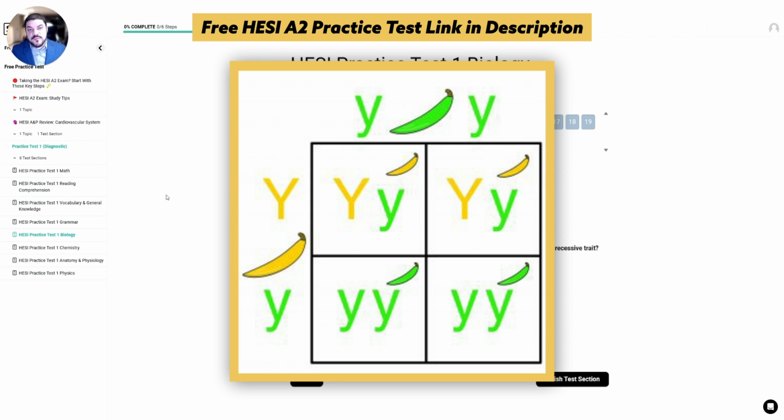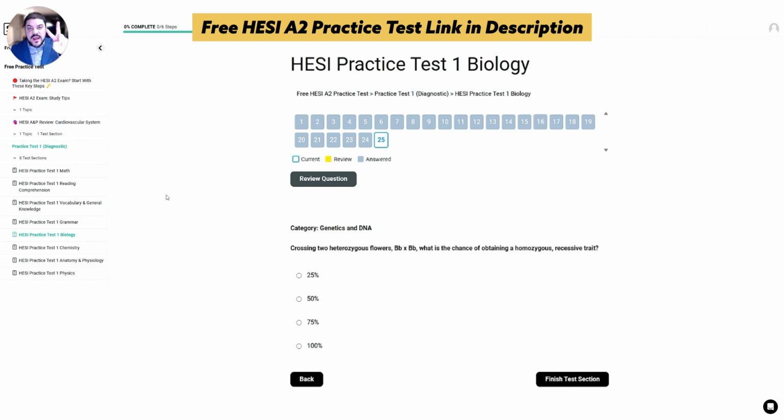to determine the probability of obtaining a homozygous recessive trait. Now, if you drew it out, you would have big B, little b, and then on the side, big B, little b, correct? Now, when you do that, you start filling the squares with the components of each edge. And when you see that, you realize that the Punnett square shows only one result of little b, little b. The homozygous recessive little b only occurs once in the four possibilities. Therefore, the chance of obtaining a homozygous recessive trait is 1 out of 4 possibilities, which comes out to be